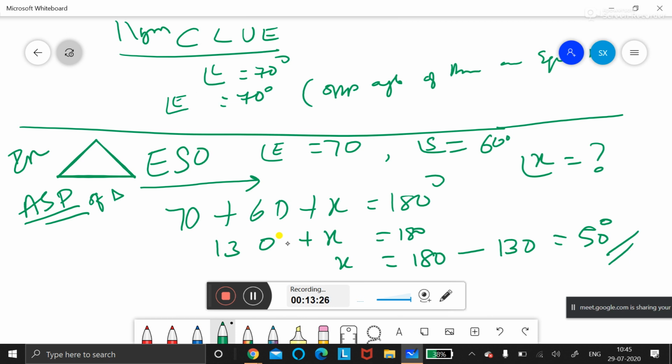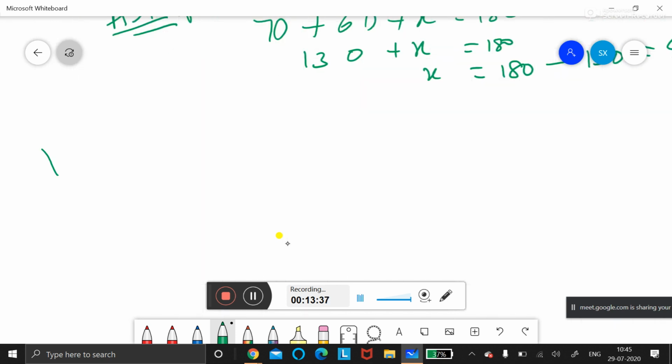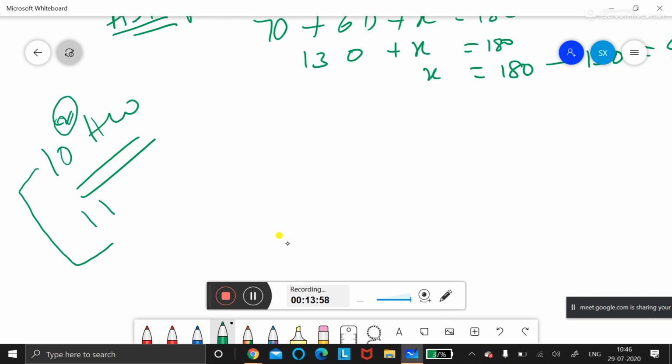Can you do that? Is it easy? Yes, ma'am. Classwork is easy, but for homework, try the 10th sum. Check the 11th and 12th sums too. If you can do them, do them. In the 10th sum, we have two sums. In the 11th sum, we have one sum. Three sums for homework, and the 12th sum you can do too.